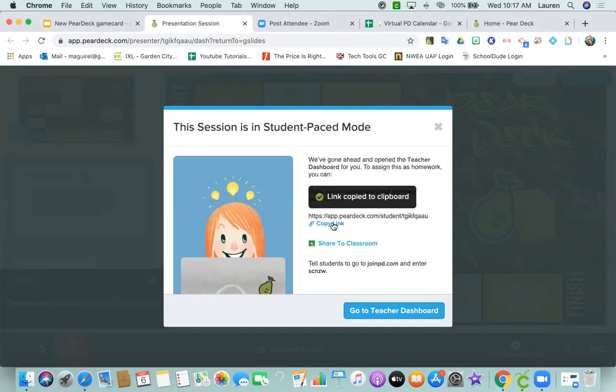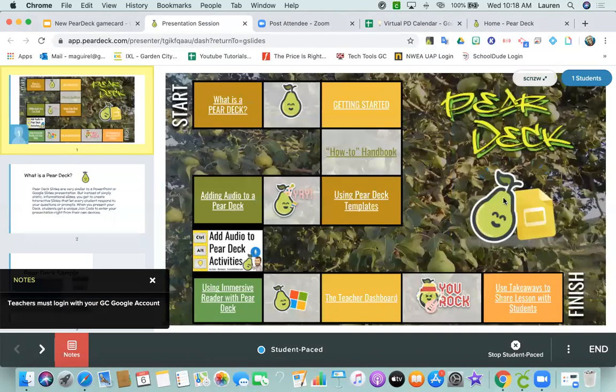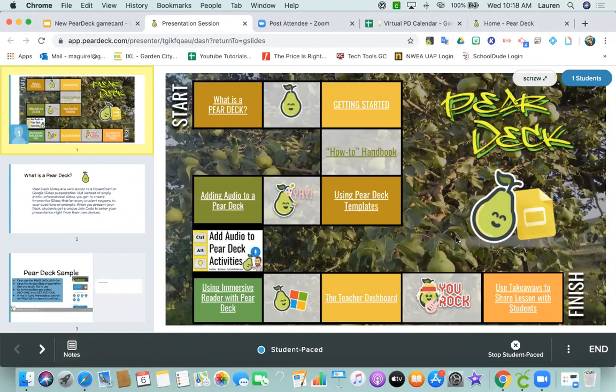So what I'm going to do right now is just copy this link and go into the chat. Here's my chat. And I'm going to paste in here the link. If you could go into the chat and click on the link to the Pear Deck, that will take you to the Pear Deck as a student, so you can see some of the functionality as a student. And since this is student paced, you really should be able to work at your own pace